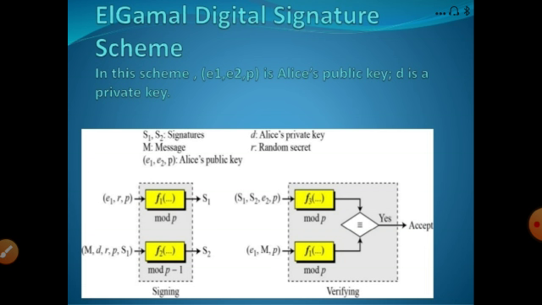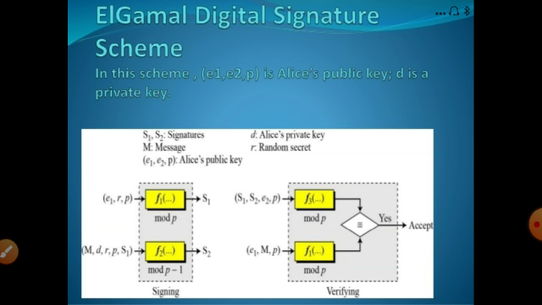In RSA, we use E comma N as the public key and D as the private key. In this scenario, we have a different combination of public key and private key.